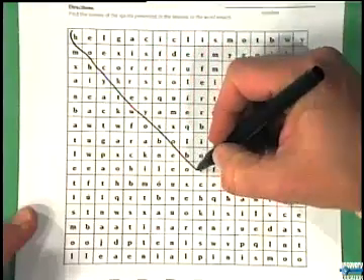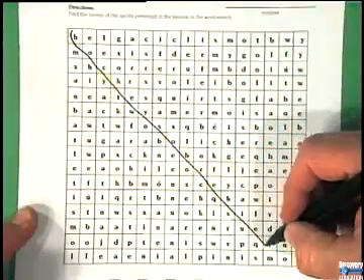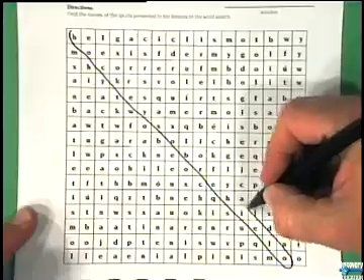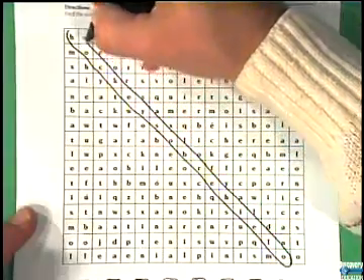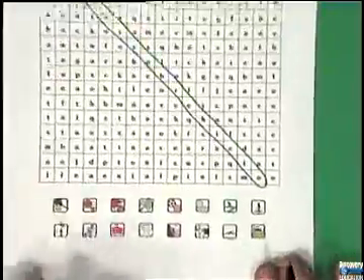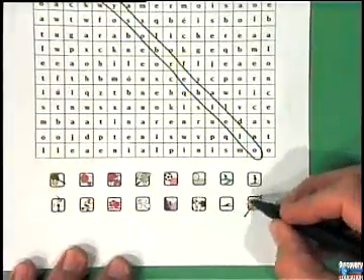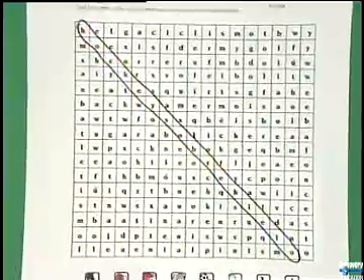Hockey sobre hielo. There it is. El hockey sobre hielo. So once I find that, I'm going to go down here and I'm going to mark through that icon because I found that one already. Now all 16 of those sports names are in there. So see if you can find all of them. Find them by name. Mark through the icon down at the bottom so that you'll know that you found them.